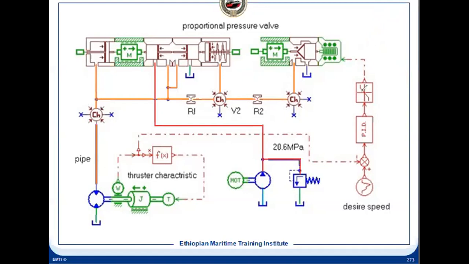It will increase on this line, and it will shift accordingly, depending on how much force you get from this output from the controller. It will shift that much. What it will do is throttle this. Suppose the speed has increased and it wants to reduce the speed. Then this will open, it will move to this side. This will get drained through this to the tank. So this is the reservoir.